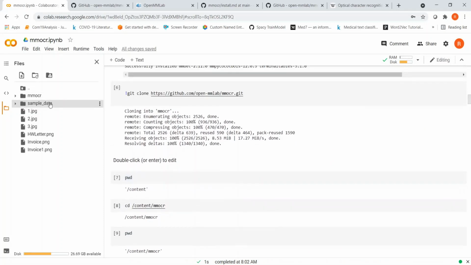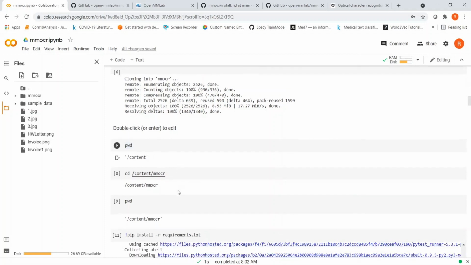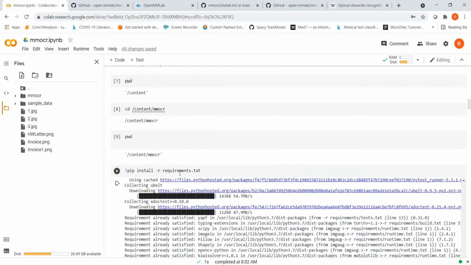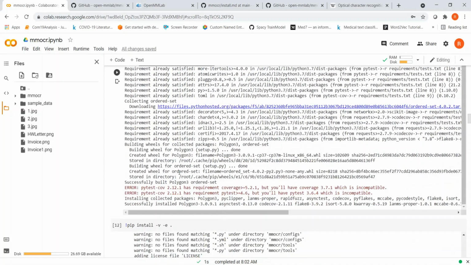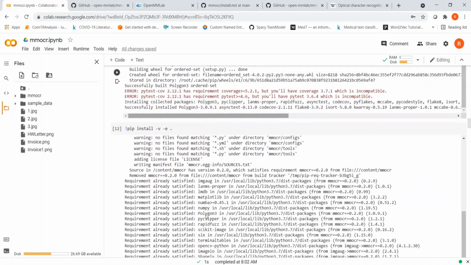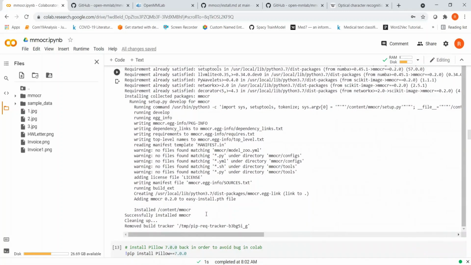The MMOCR repository is cloned over here and it is present in this particular path. Then I go within the MMOCR library and do pip install -r requirements and again pip install -v -e . Once I do this, your MMOCR library is installed.